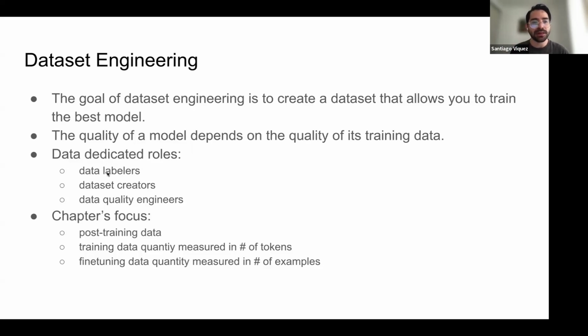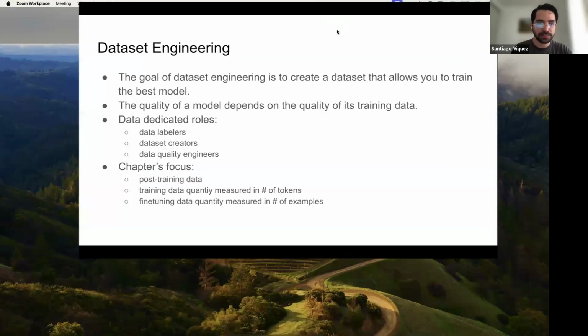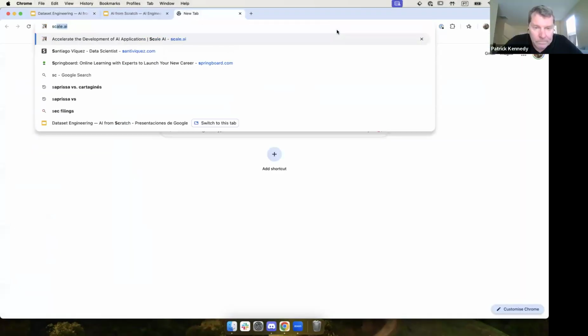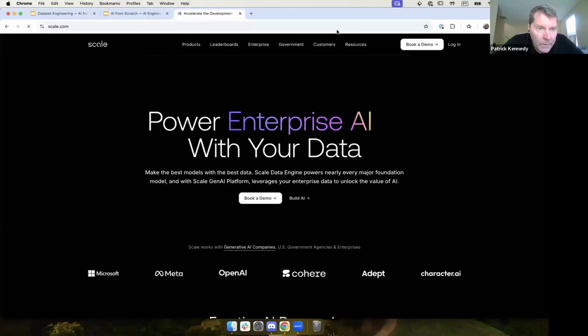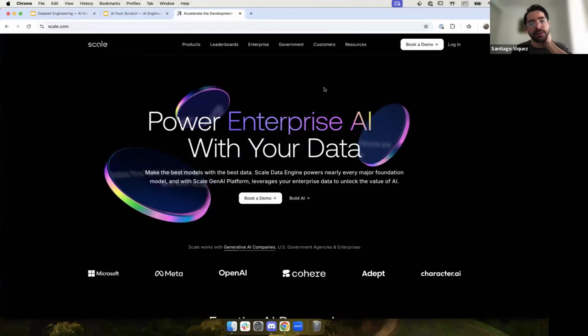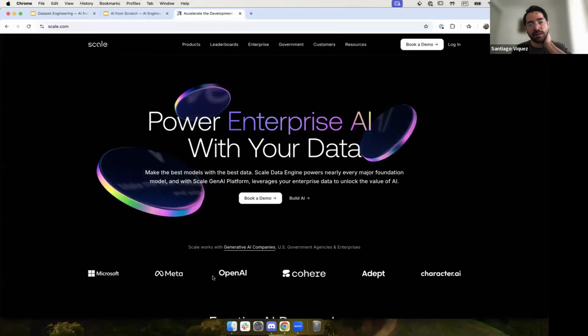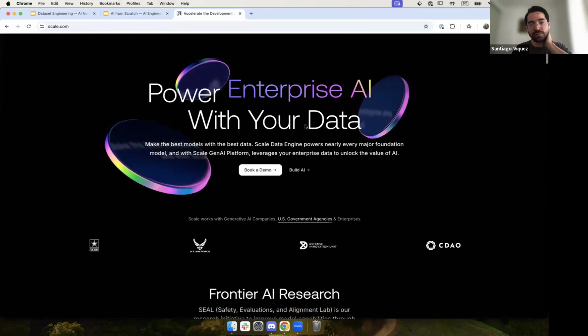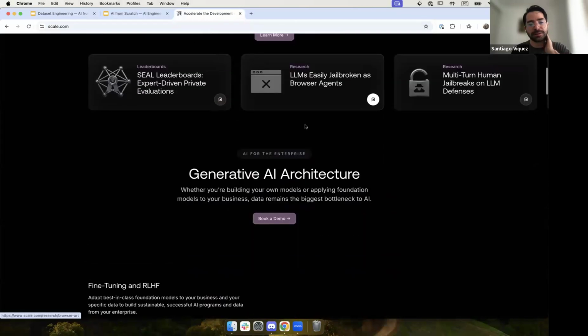For example, data labelers. There's a very popular, very big company called Scale AI, which very big companies use to label their data.